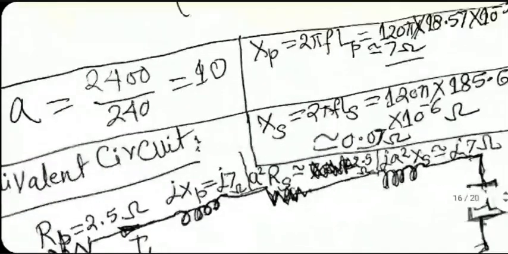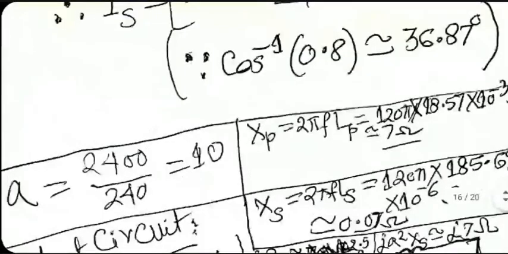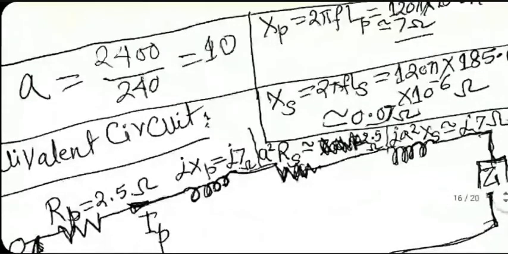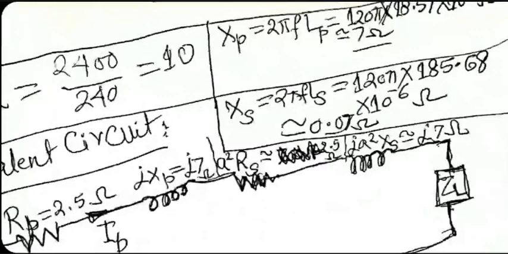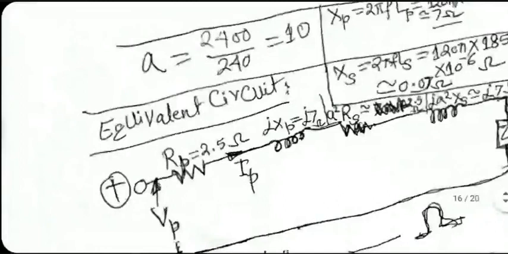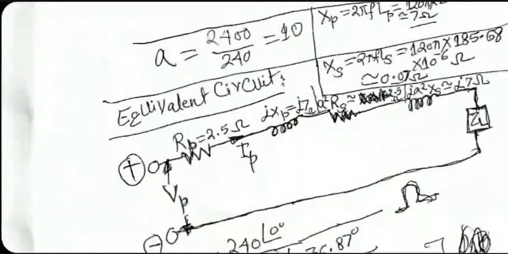And similarly, 0.07 ohm that you got for XS will also get multiplied by 100. It will become j7 ohm. And ZL is there anyway, whatever it is. So the equivalent circuit that you get is this. One series resistance to signify the losses in the primary, then the inductance of the primary, which has been converted to equivalent impedance value. Then the secondary resistance transferred to primary, and then the secondary inductance converted to reactance and transferred to primary.